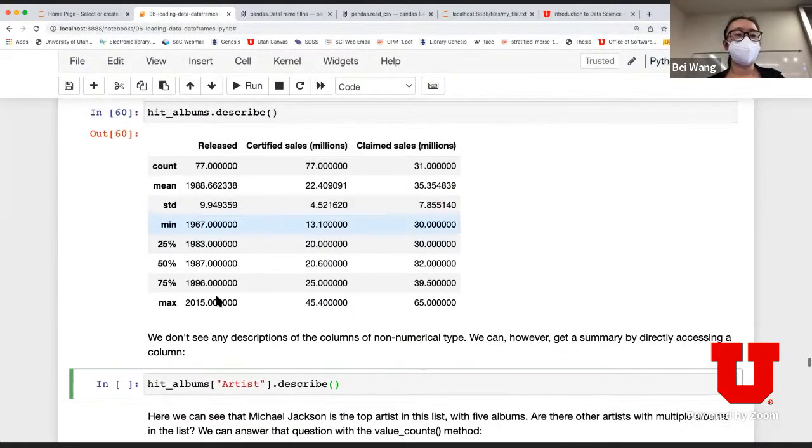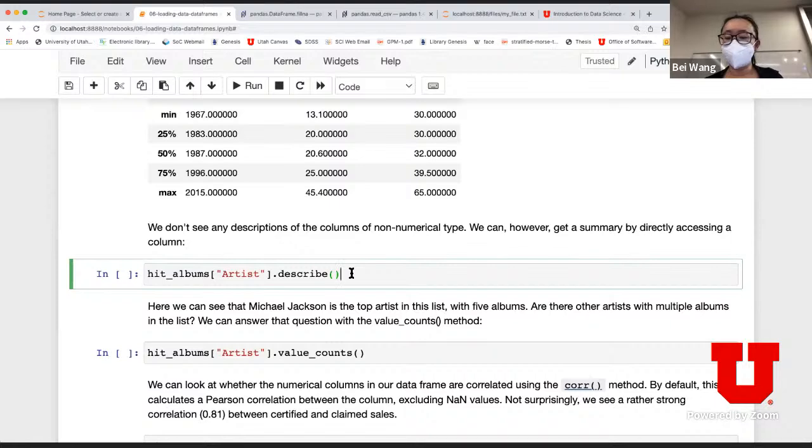Okay, so if you see right now, by default when I do describe, I'm doing statistics per column, right? Because this column is just the year, so I can do statistics on it. His question is, can we do statistics over the row? We can try it, but let's first go through my content and then we'll come back and do some experiments and see what we can do.